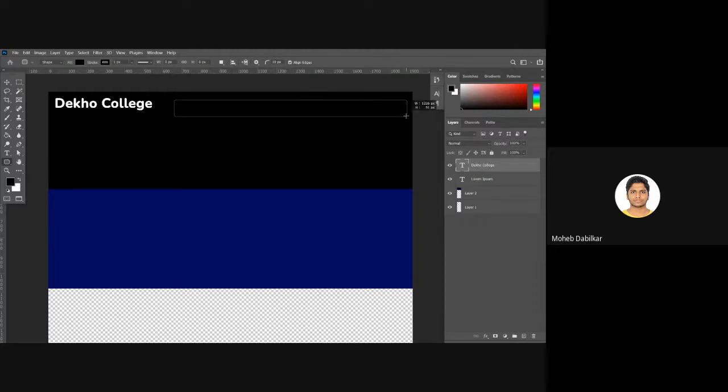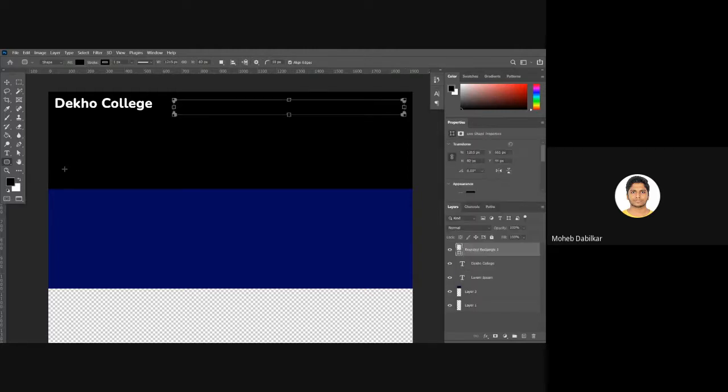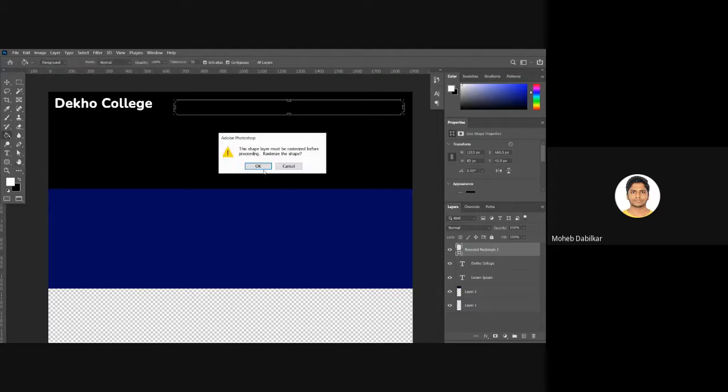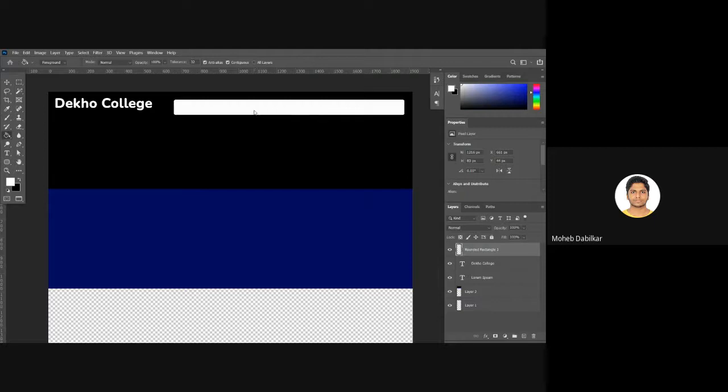So if I come over here and let's just switch the colors and fill it with our color. So it will be a drop down menu like this. Okay, and then in here we will have something.